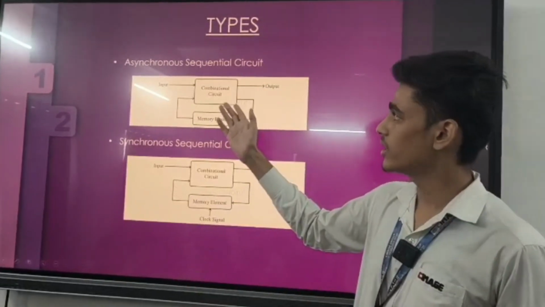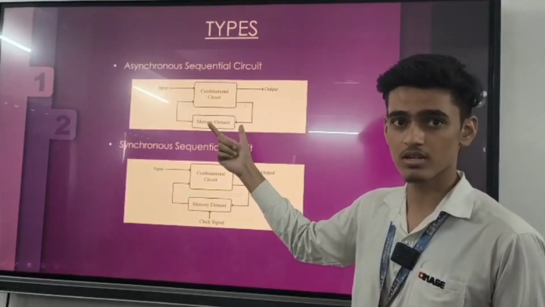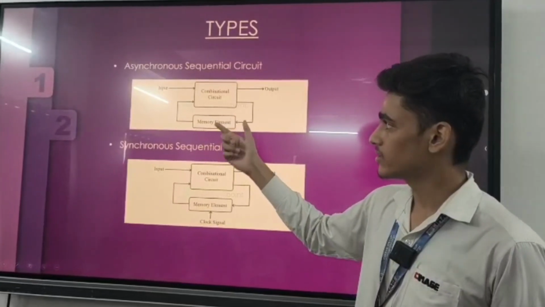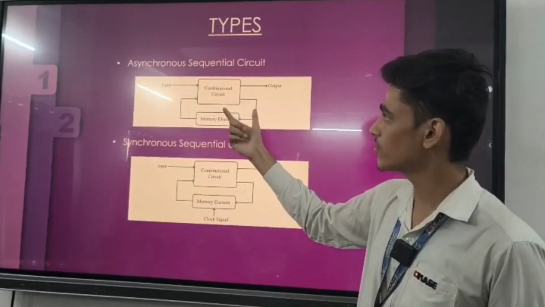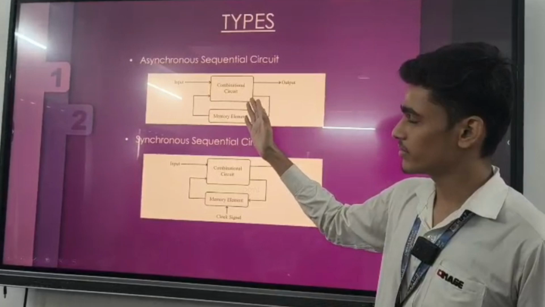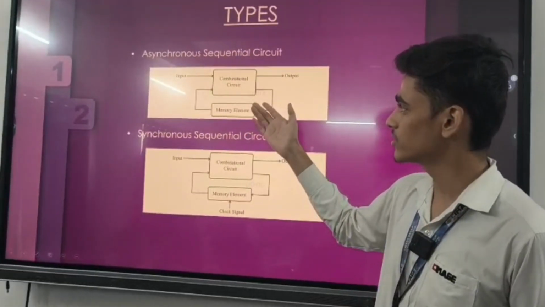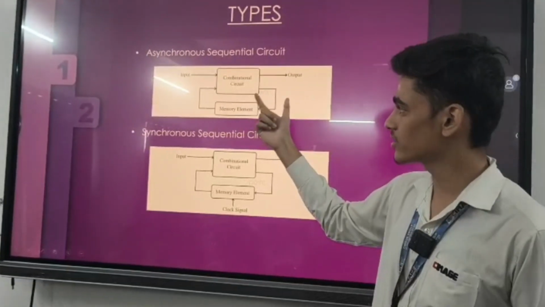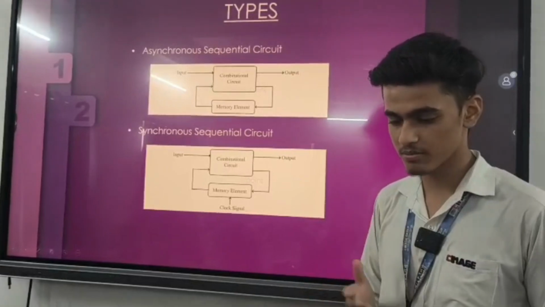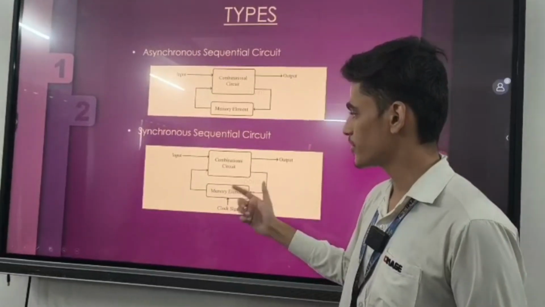And on the other hand, in an asynchronous circuit, there is no clock present, so if an input is changed in between, that affects the process of this circuit, and that makes the timing of this circuit very variable, and it is very difficult to design. This interface is very difficult to design, and this circuit is flexible because we can change the input at any time.